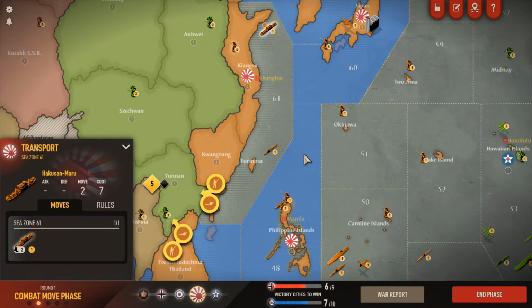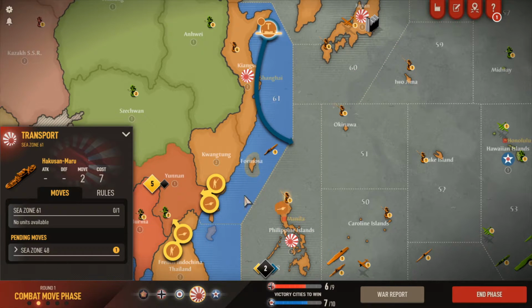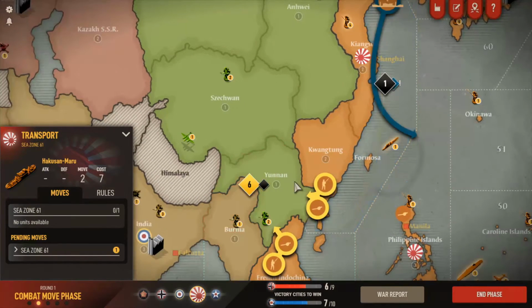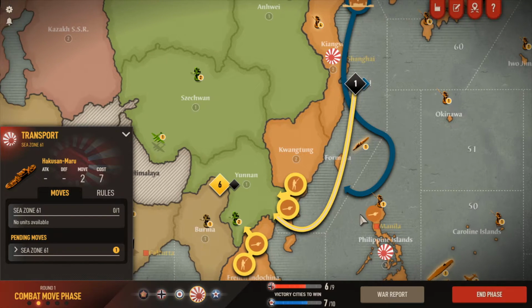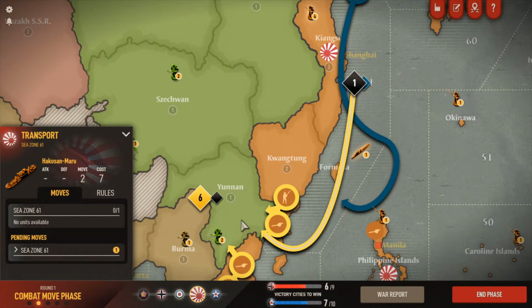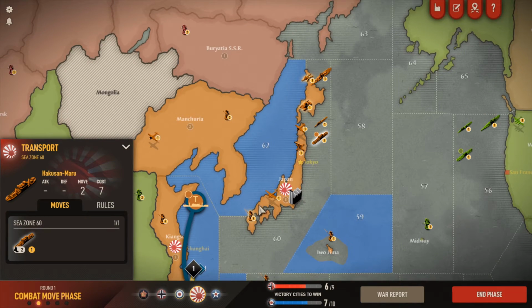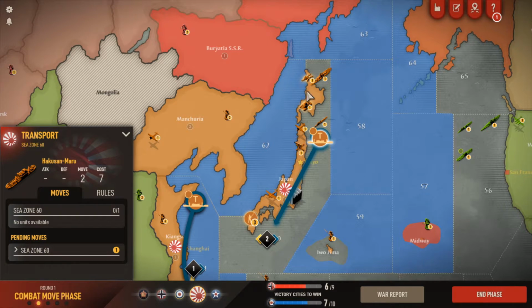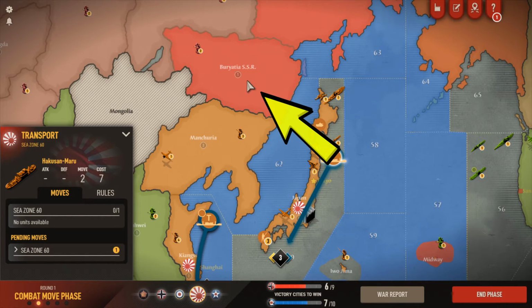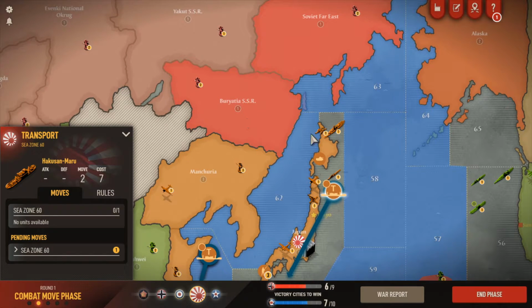So you're selecting the transport, you're moving it, you're picking it up. You can just click here, the game will know what you're trying to do, so it will automatically move it back into C-Zone 61 and offload it into Yunnan. The same here, you've got this transport which can either pick up an infantry unit here and this tank, and you do want to be careful when you do something like this, offloading straight into Buryatia, because